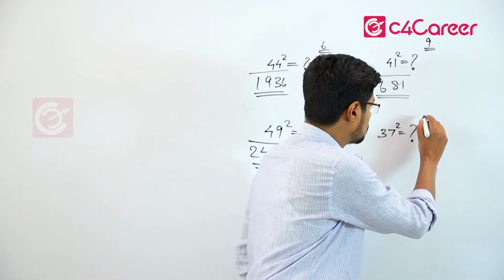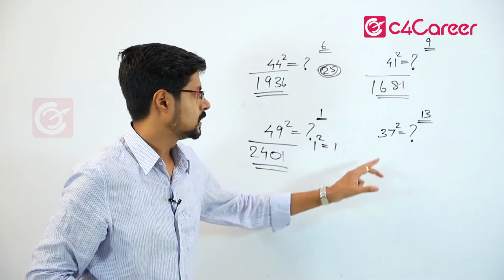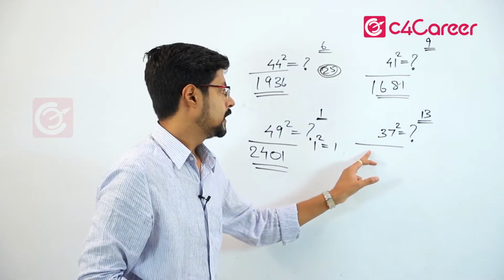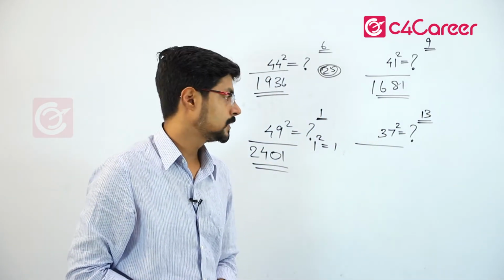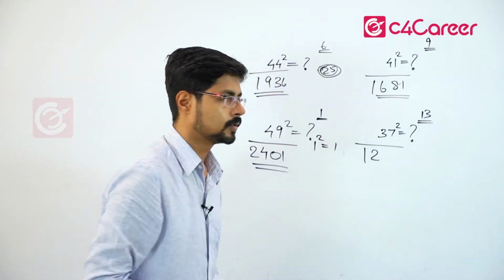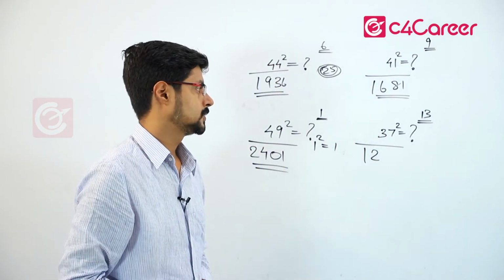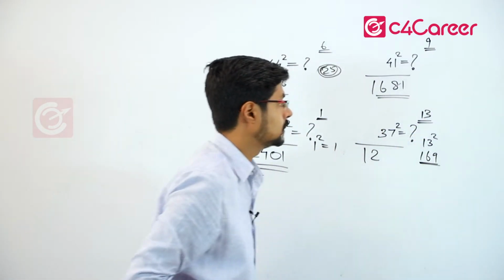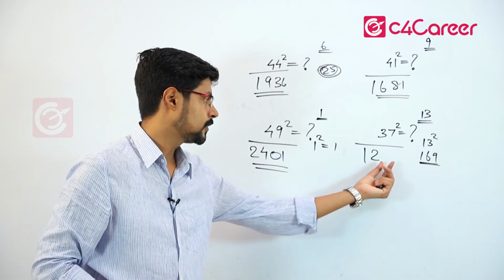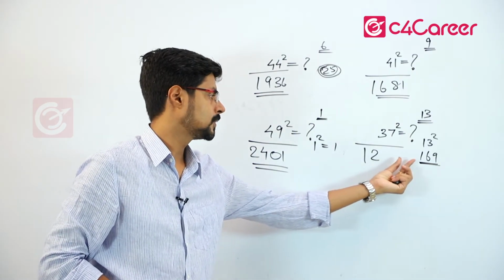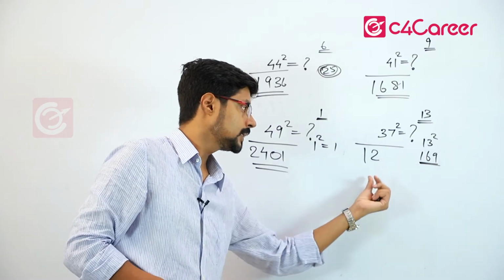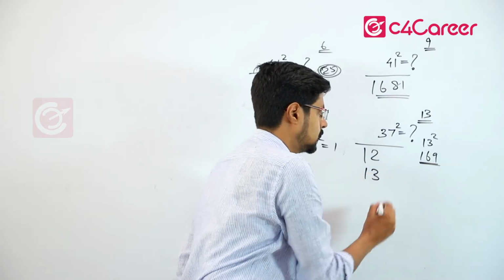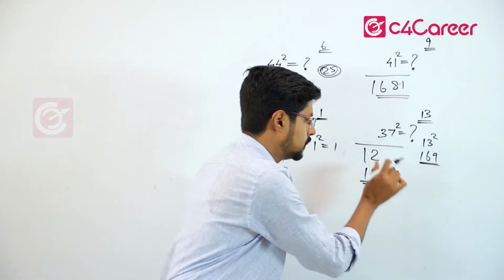Now this one, what is the difference from 50? 50 minus 37 is 13. So the difference is 13. The first part is 25 minus 13. What is 25 minus 13? That is going to be 12. Second part, 13 square is going to be 169. But what we told, we can write only 2 digits here, but we have 3 digits here. So this 1 will go as a carry. So this 1 will come here. So this 12 will become 12 plus 1, 13. And we have last 2 digits 69.